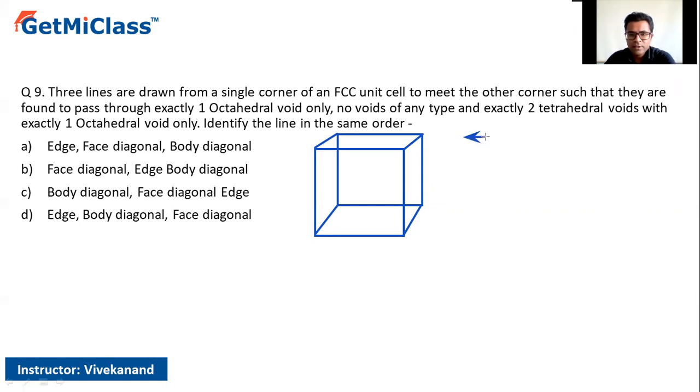So in this particular cube, first we need to understand the positions of the octahedral voids and the tetrahedral voids. So thus, when we have an FCC, the first point that we need to understand is the presence of the octahedral voids. So the octahedral voids are present